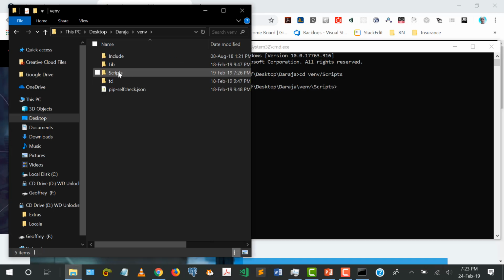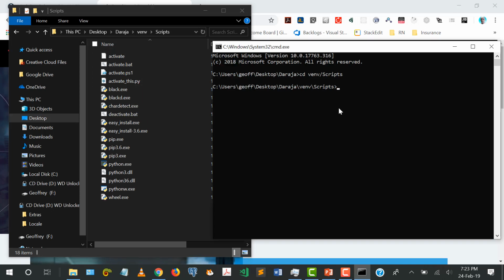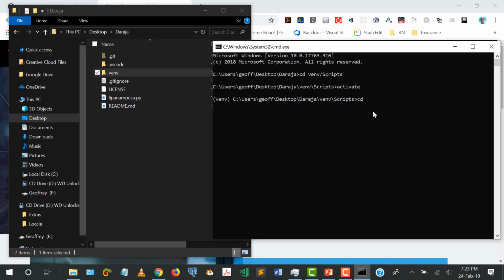Remember, I'm coming to this folder, and I want to activate the virtual environment, so I'm going to type activate, enter, and you can see now my virtual environment is activated because of the venv, which is the name of the virtual environment. Then I'll go back to Daraja, and the first thing we need to do is to open up